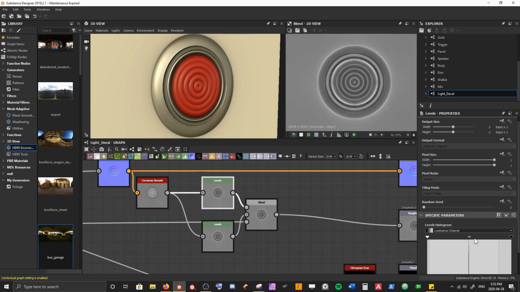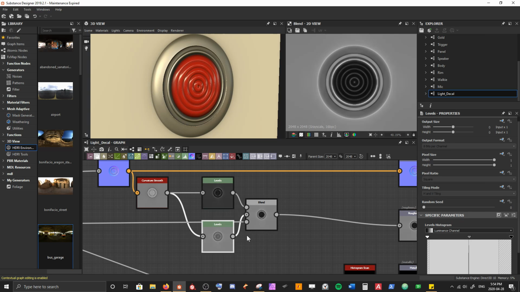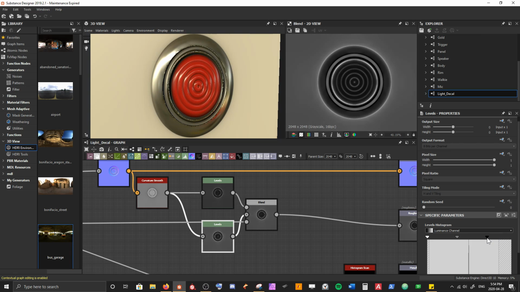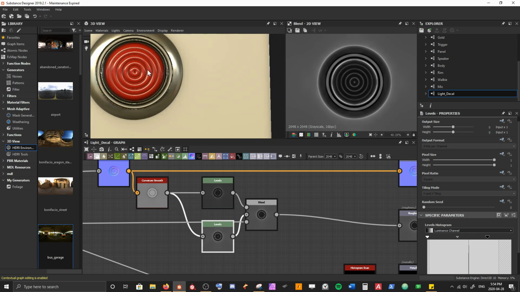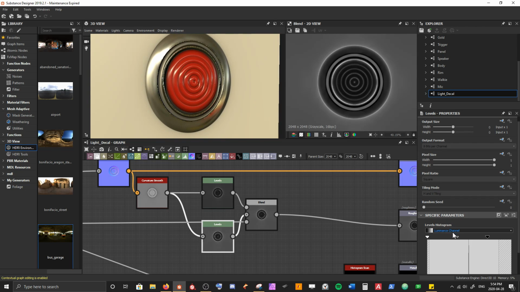So I'm going to play around with our button. I maybe want to make them a little glossy. Something like that. And I definitely want my metal to be a little bit shinier, right? It isn't like a shiny metal. So that's looking pretty good. Maybe